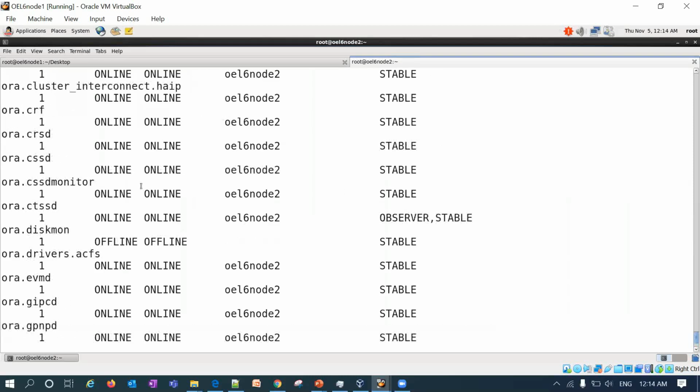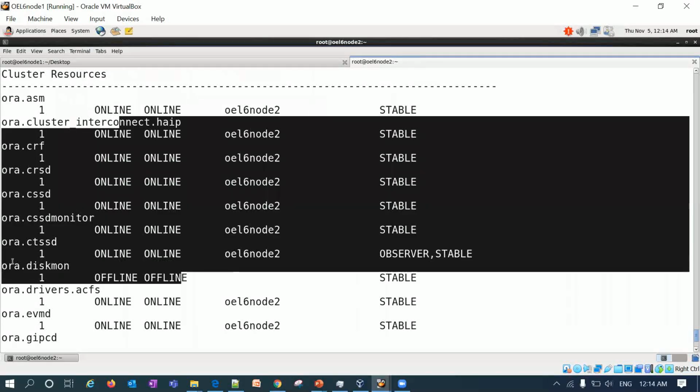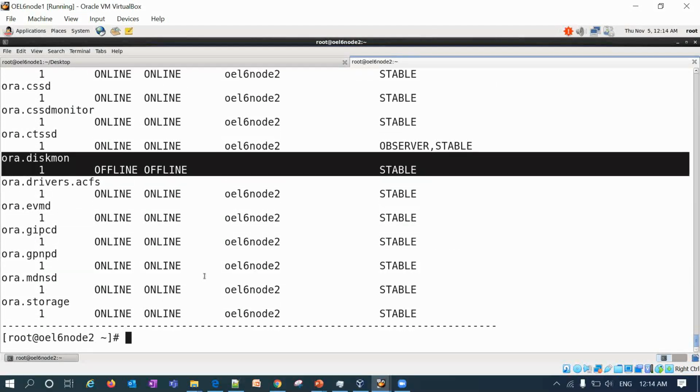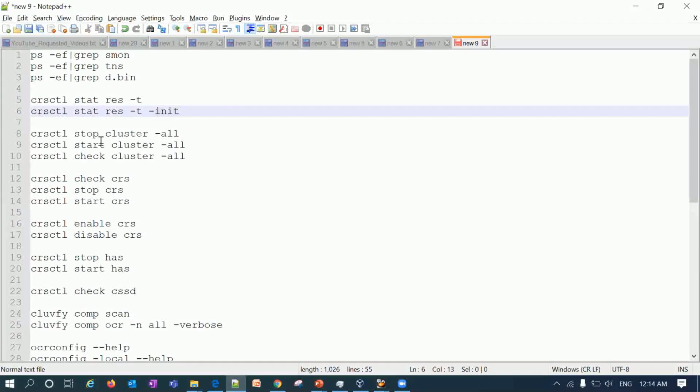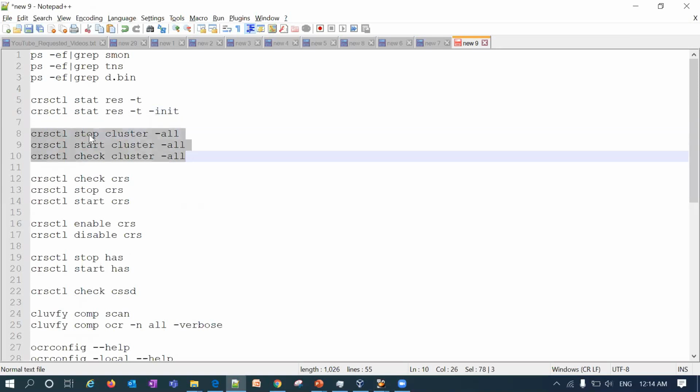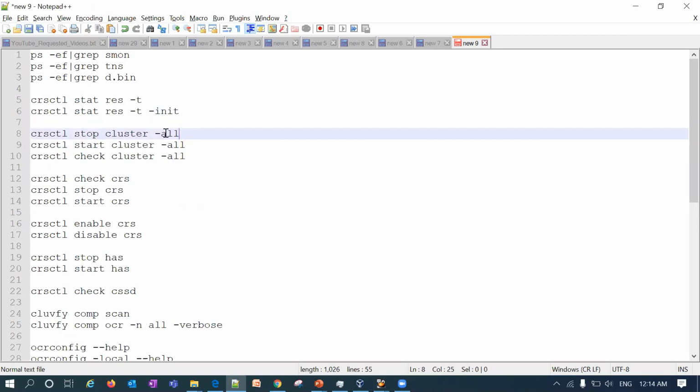Right, in node 2 also you can see everything is online except this diskmon. I can ignore that, so the rest of the things are online, right? So that you should make sure. And coming to the core checks, that is CRSCTL stop cluster, that will stop your clusterware on all the cluster